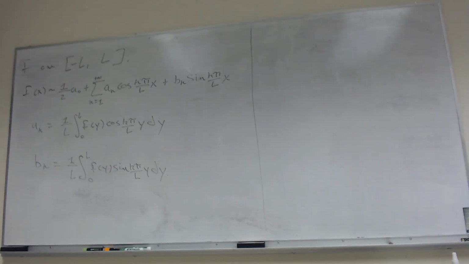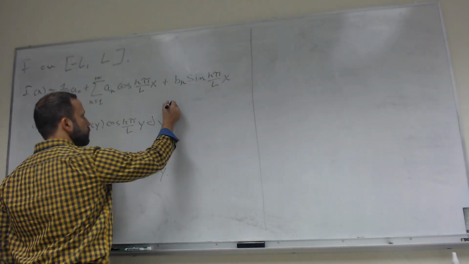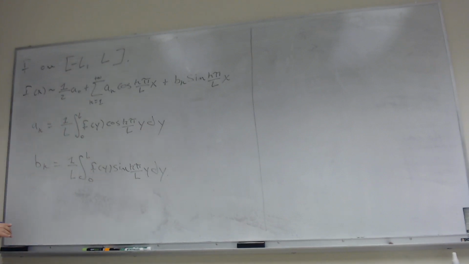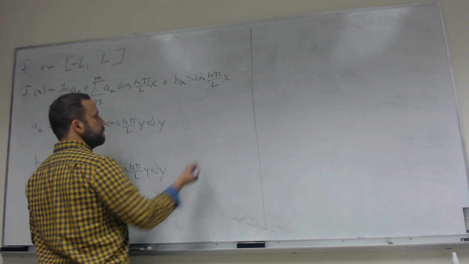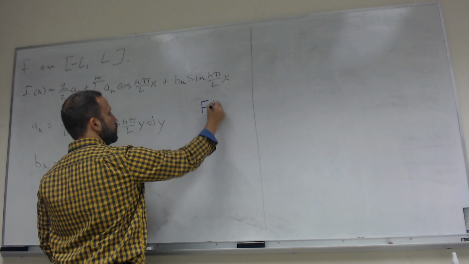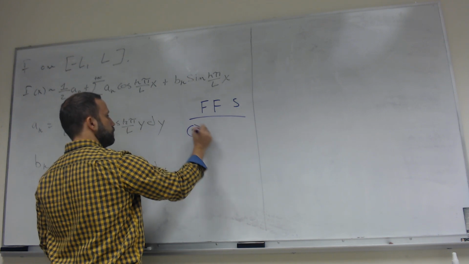Okay, so now we're going to look at the theorem regarding convergence of series for the full trigonometric series, the full cosine and sine series. Full meaning we have both cosine and sine functions. Okay, and it's going to be pretty simple. So this is going to be the FFS, the full Fourier series. One, find